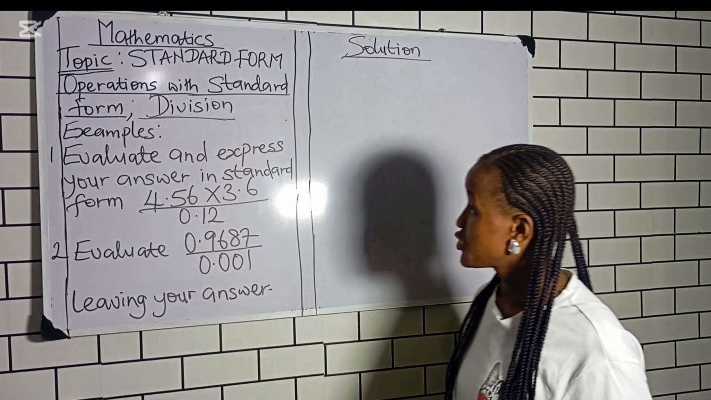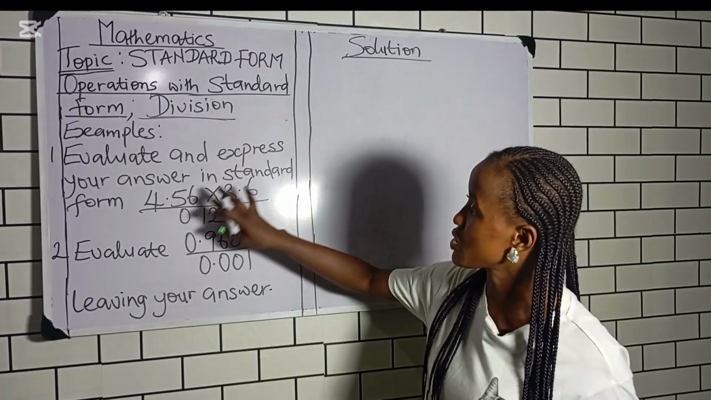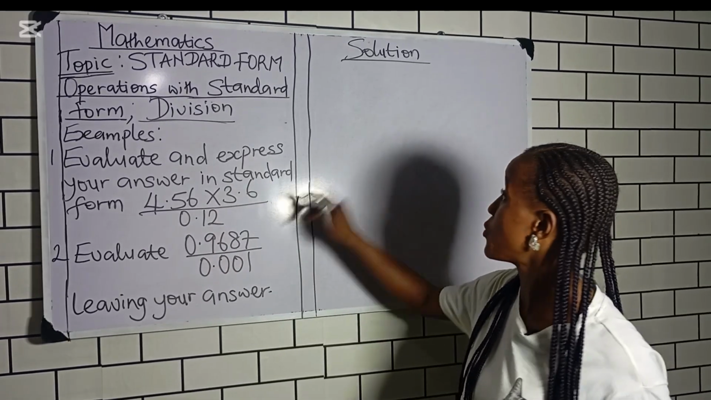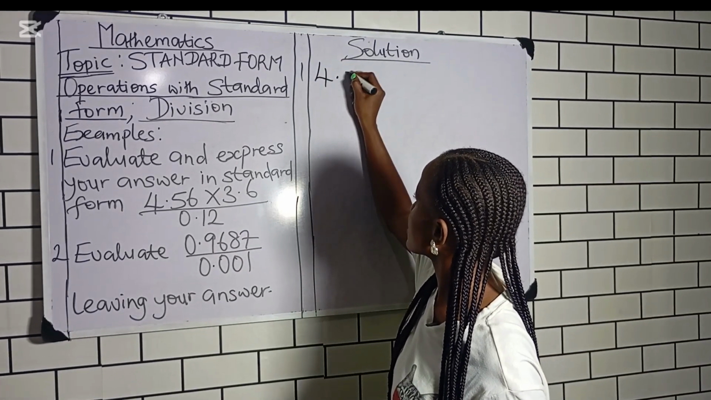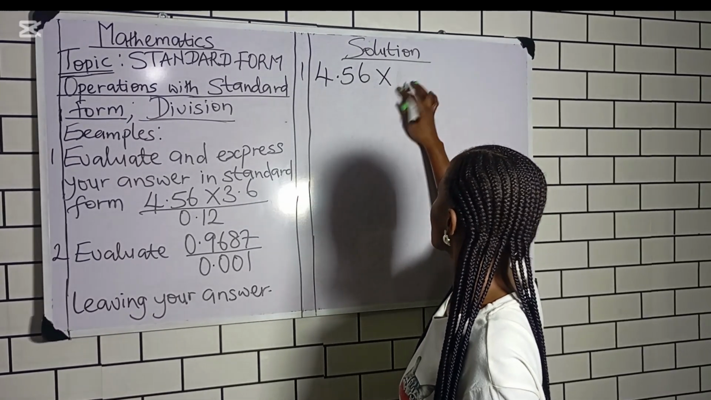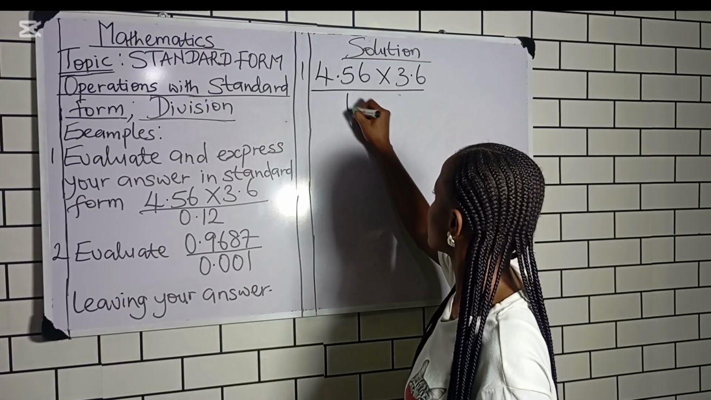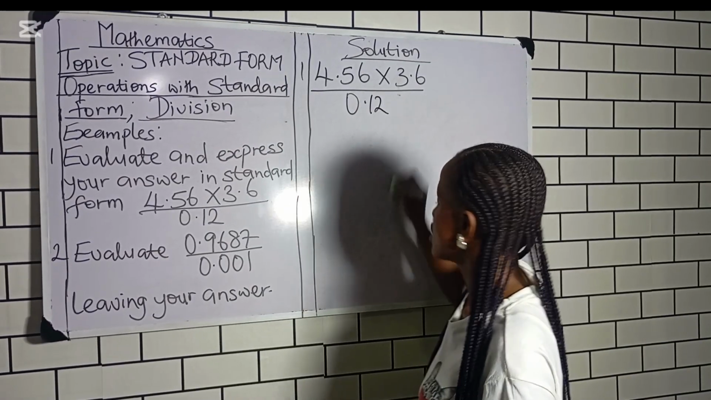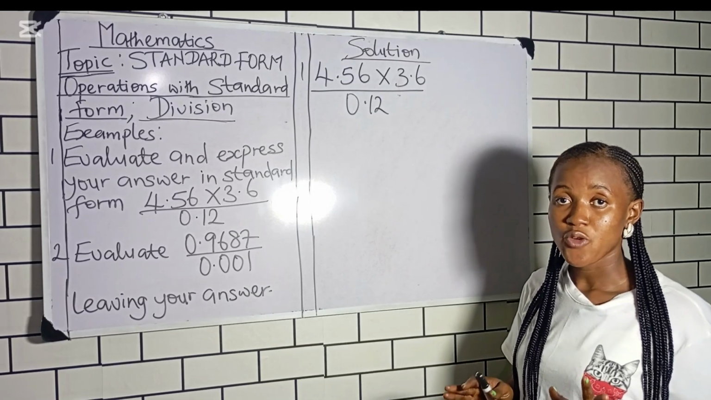Now, moving over to division, the first question, they were asked to evaluate and express your answer in standard form. Number one, we have 4.56 times 3.6 all over 0.12. Just like we did in multiplication, the first step to take here